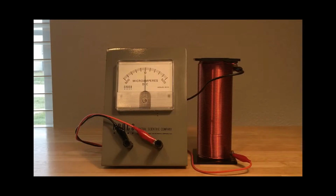On the right-hand side of the screen, you can see a solenoid, which is hollow in the center and consists of wrapping a copper wire many times around that opening. The two ends of that copper wire are connected to the ammeter on the left, which starts off reading 0. When I press play on the video, you're going to see that I approach the top of the solenoid